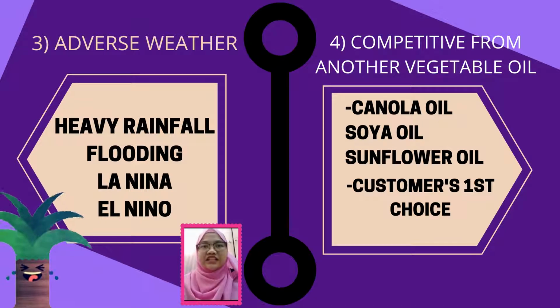Furthermore, Malaysia is also facing extreme weather conditions such as El Nino and La Nina weather phenomena that can destroy oil palm plants. El Nino occurs when Malaysia experiences extreme hot weather or drought due to low rainfall that may affect the economy in Malaysia, including demand and supply of Malaysian palm oil. Dry weather can diminish oil palm fruit yield.